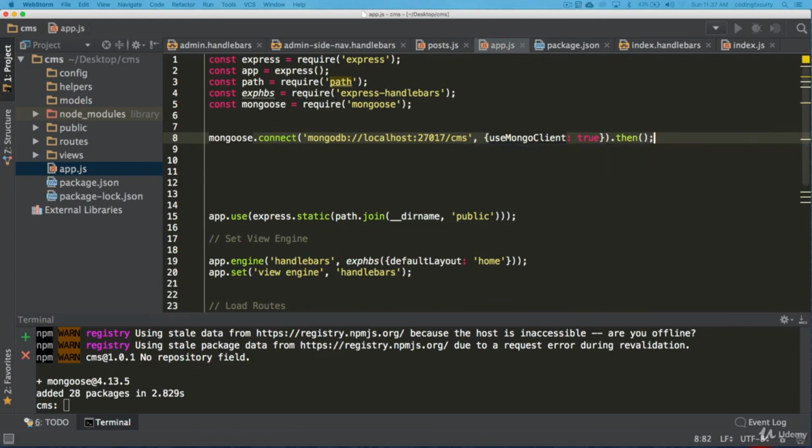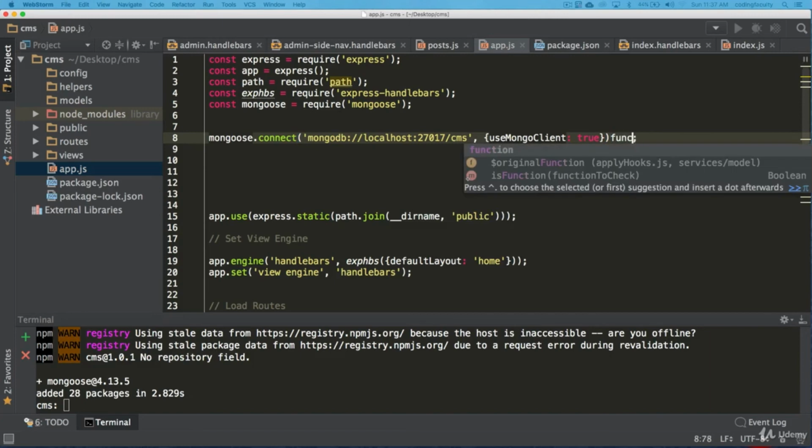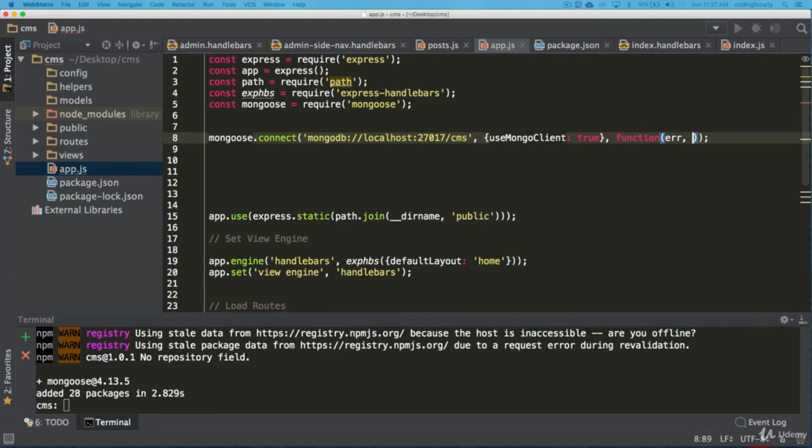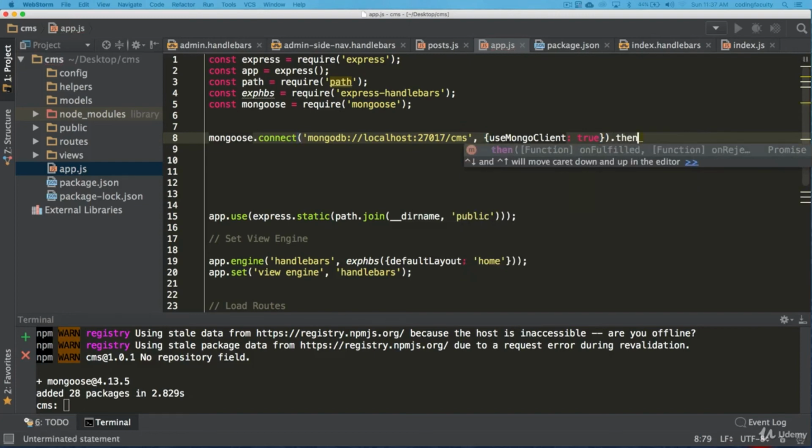If you don't know about promises, I have a free course called ES6, where I show you about promises. So this is basically, instead of using a callback function saying, hey, listen, we got the data and we got an error back, using a callback function like this, where we say error and data, instead of using that, we use promises. It's a lot easier to handle and better to read, and it's just better.